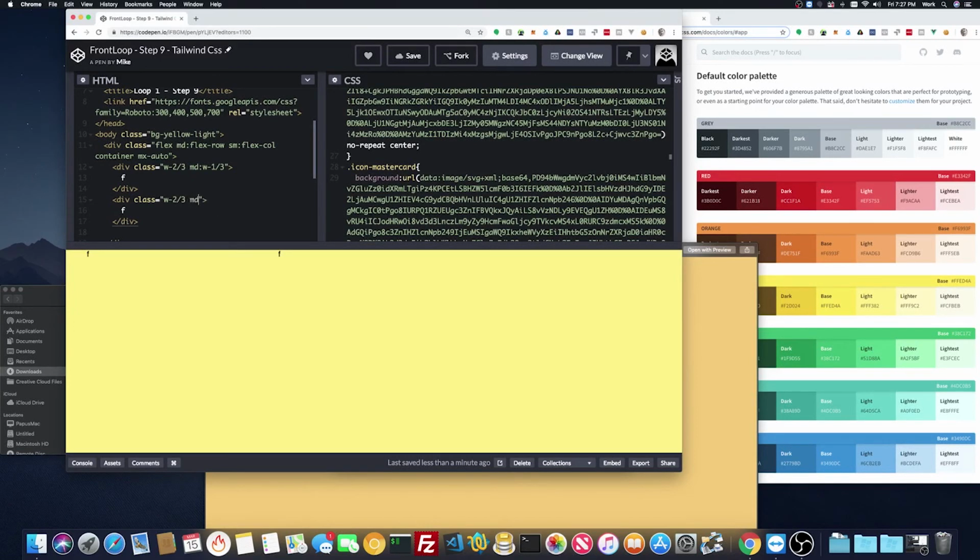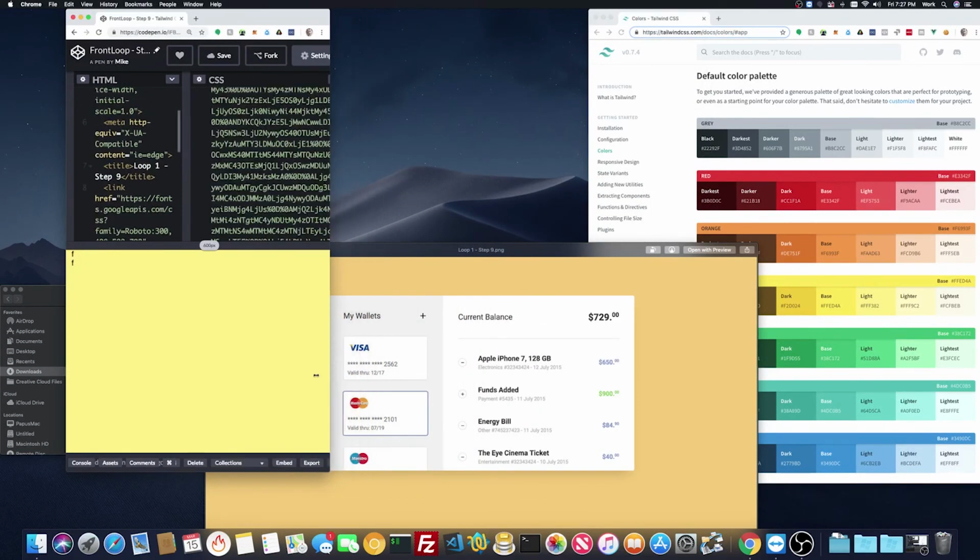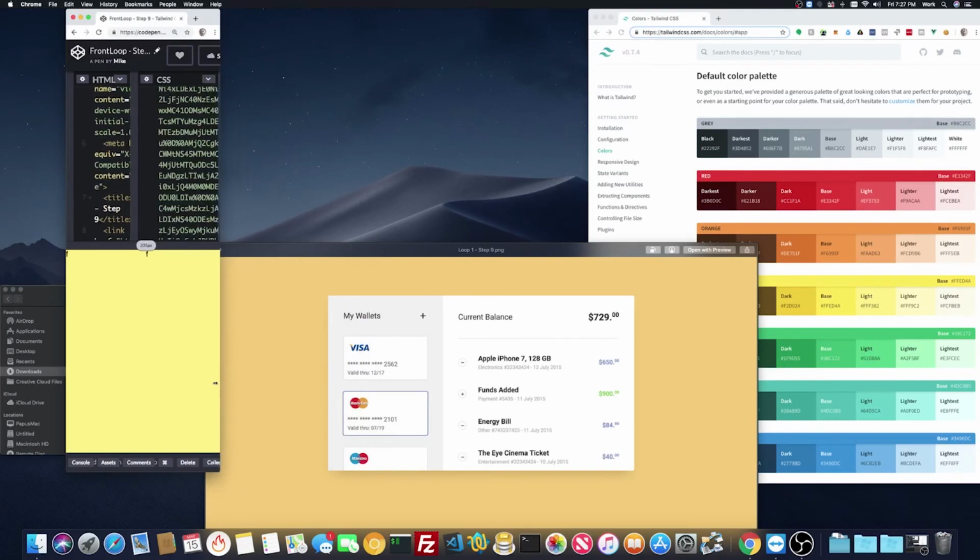Then anything that's medium or above, we're going to do 2 out of 3. So that should fix that issue. So now small should go down, and anything below small should also be